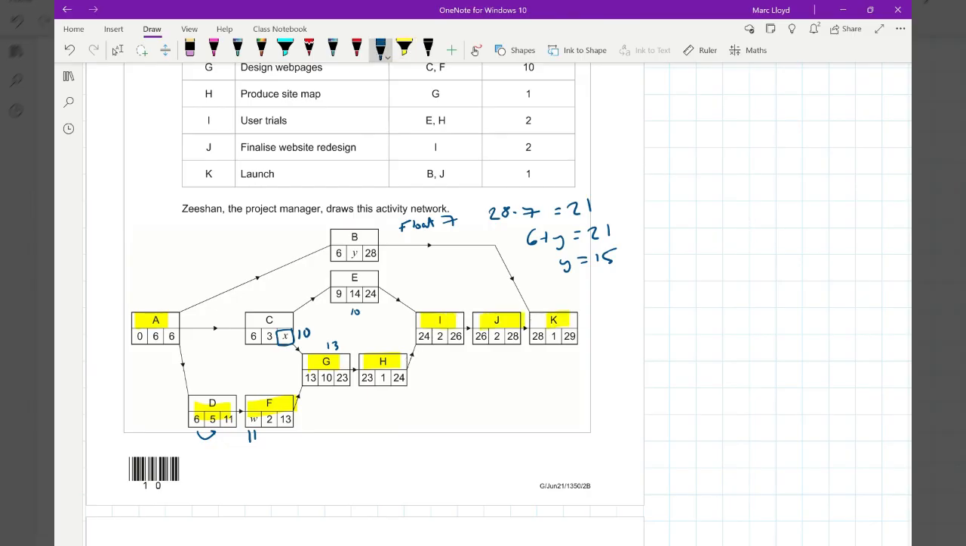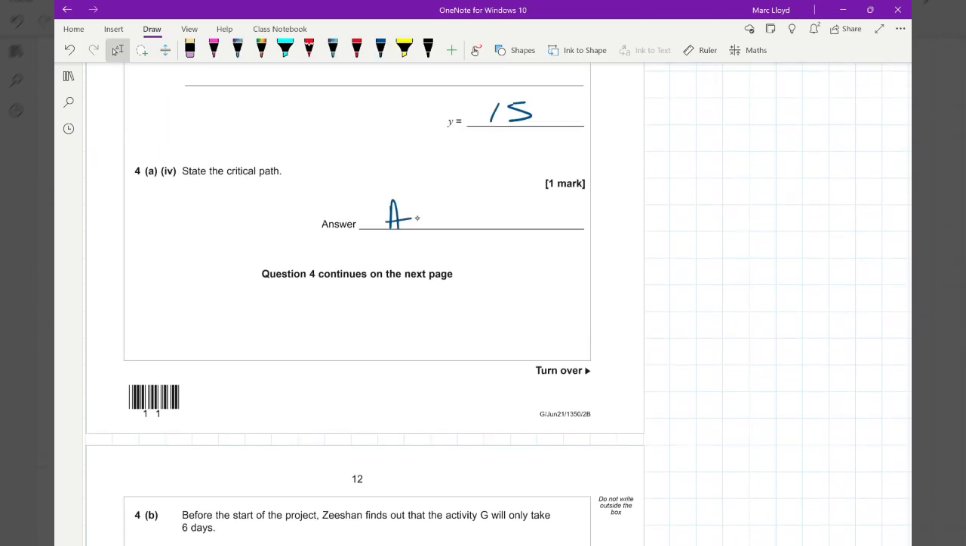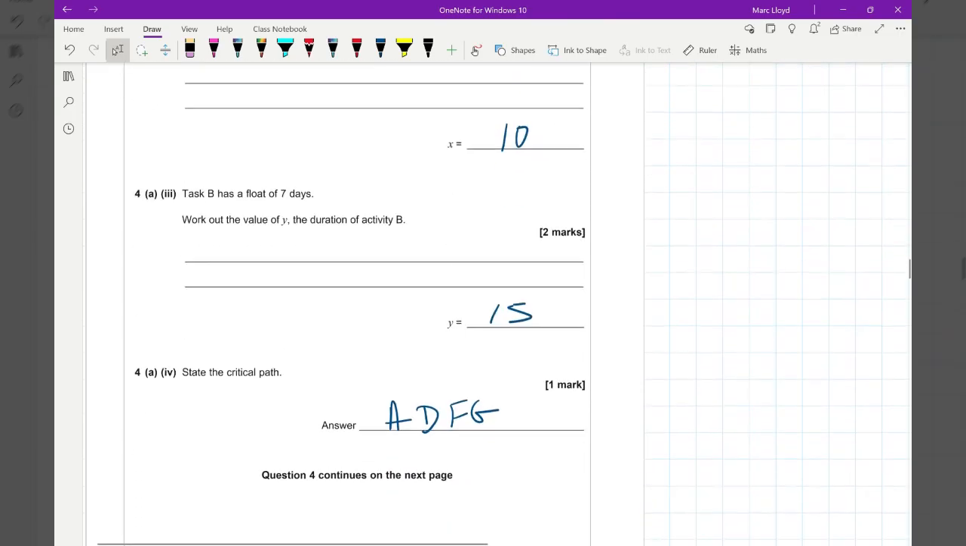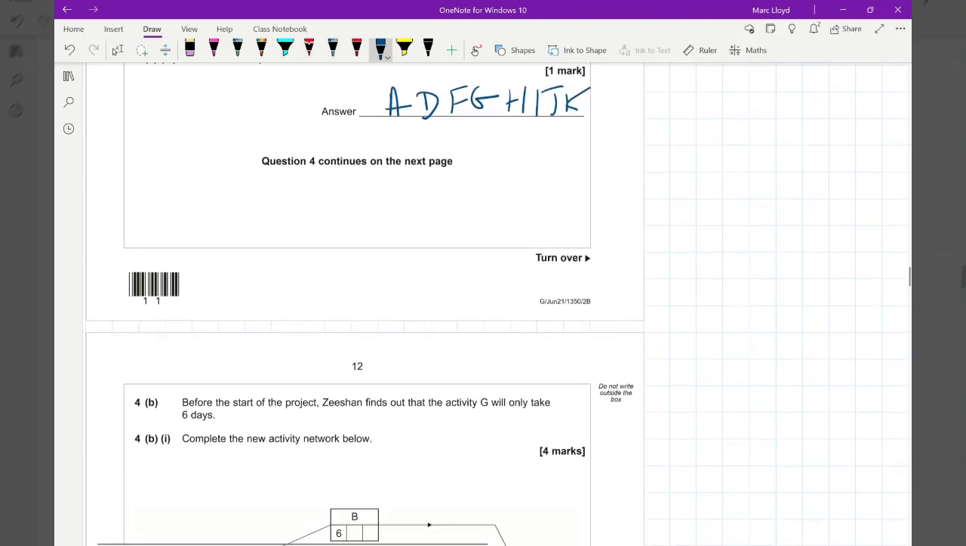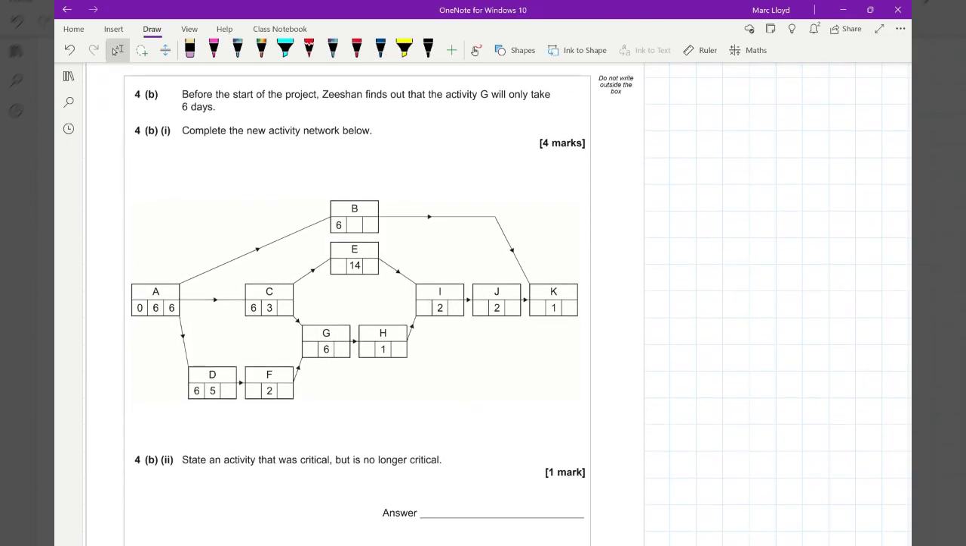So what we're looking for is ADFG, and then HIJK. Marvelous. Okay, before the start of the project, Zishan finds out that activity G will only take 6 days,